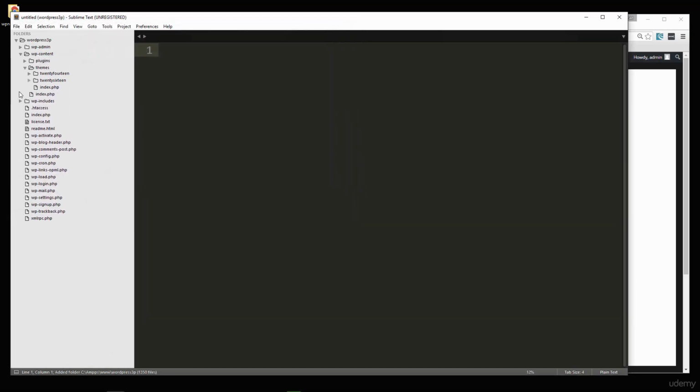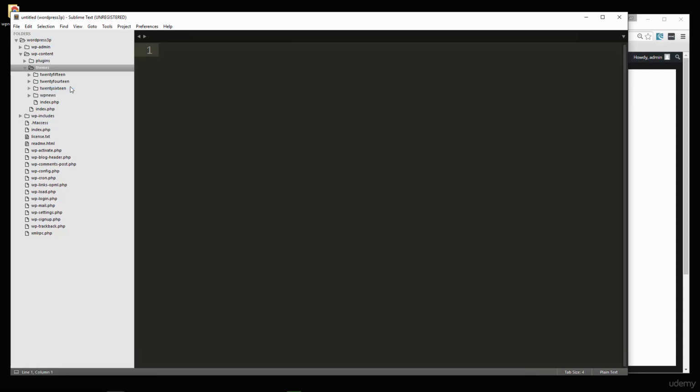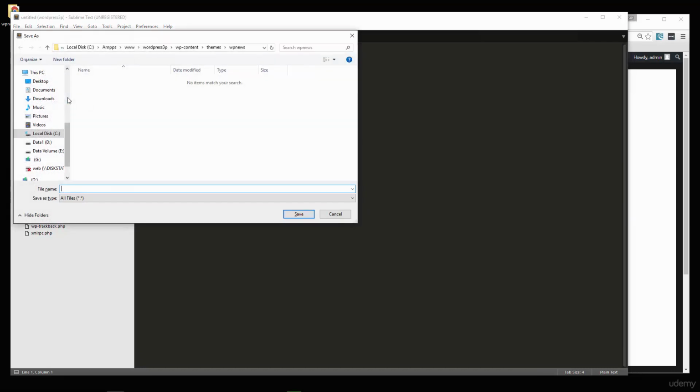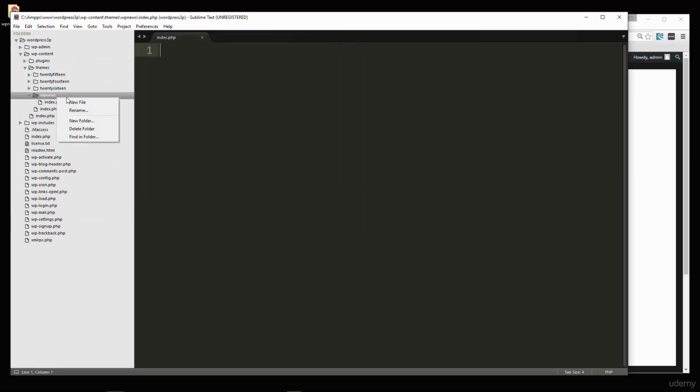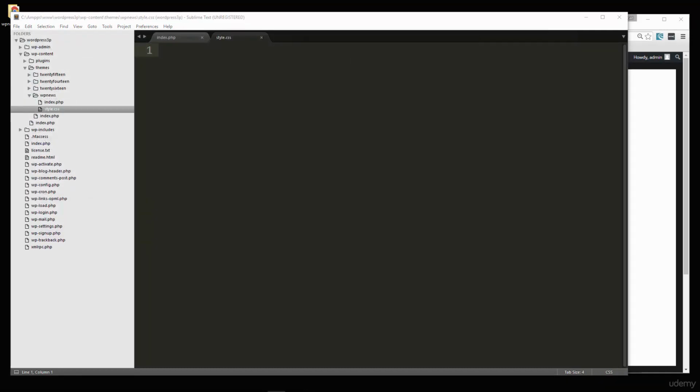And then we're going to go to themes, and then we're going to create a new folder here called WPNews. Okay, and we need two files to be able to activate the theme. We need index.php and we need style.css. For style.css, we're going to add the comment block, and we're going to specify the theme name,